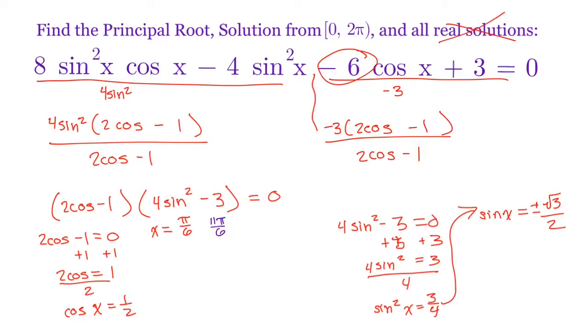Okay, so now in terms of the sine, we had plus or minus the square root of 3 over 2. So we've got to consider, remember sine is defined between pi halves and -pi halves. So we're looking at the solutions in the first and the second quadrant. In the first quadrant, sine is equal to the positive square root of 3 over 2 at pi/3. And then in the fourth quadrant,